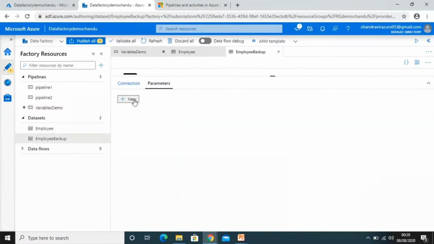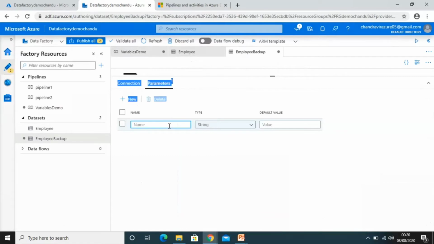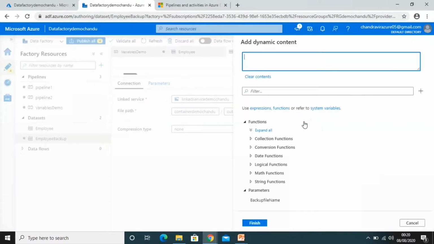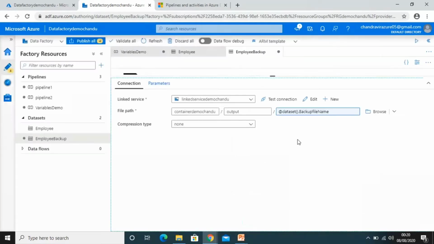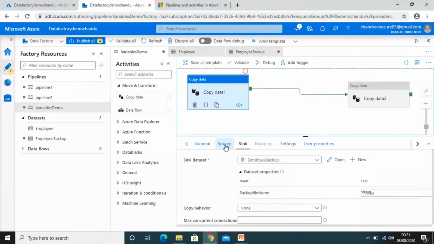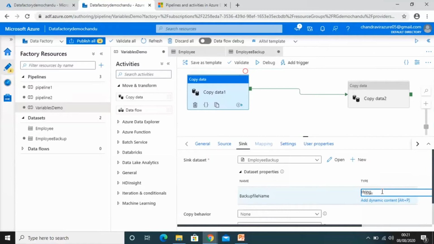Now let me create parameters first to show how we can change or set the variables. Let me create a parameter called backup file name. Go to connections, make it dynamic so it will use the parameter. Now select the parameter name as backup file name. So now for copy data 1, the sink is employee backup, and the parameter file name we can see here.